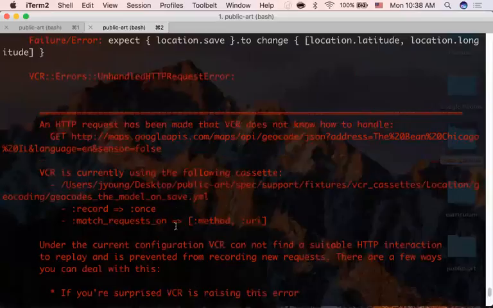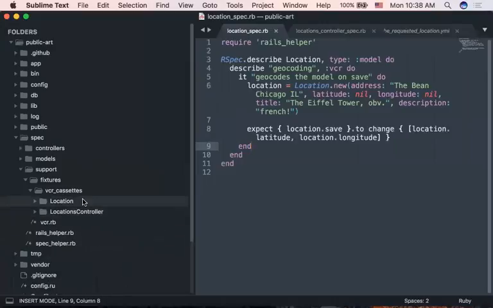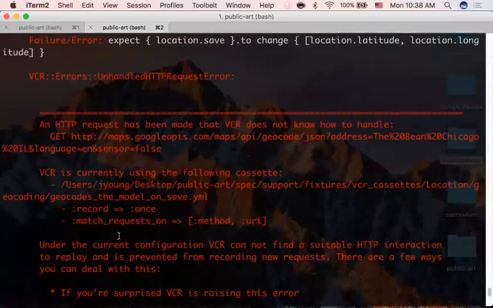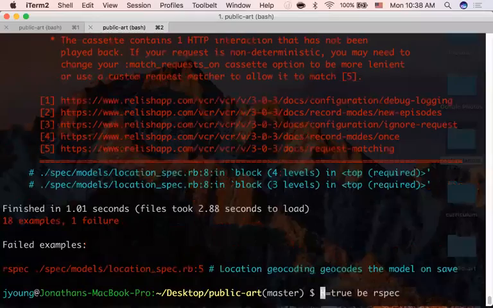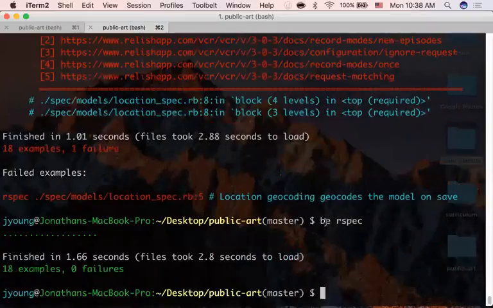GeoCode's the model on save, so I can just delete this cassette and run it once more. So now it has no cassette to run. Yeah, now it has no cassette, so I had to re-record it. I'm not exactly sure why that one's broken like that. If you want, I